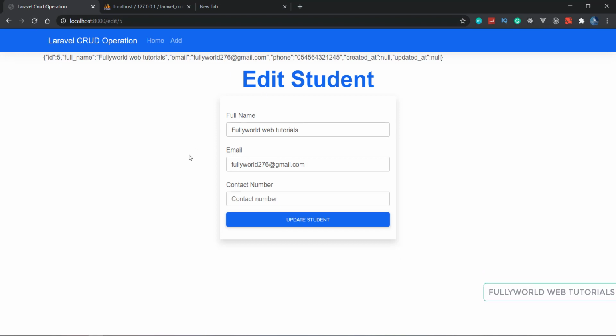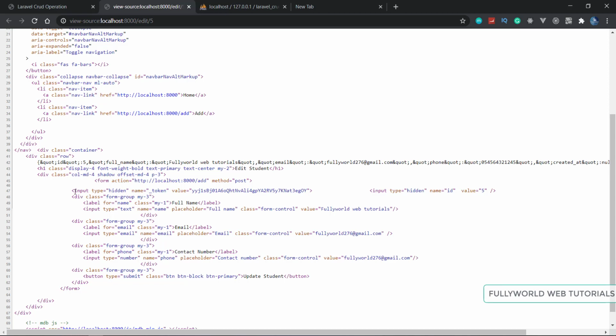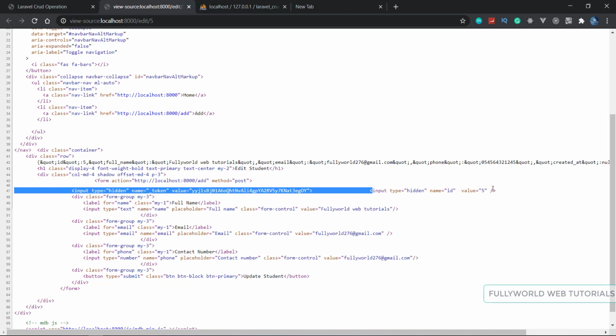When I view the source code here, we will see input type hidden, this is token, and see that this is our ID here. This is very good, and its value is 5 also.